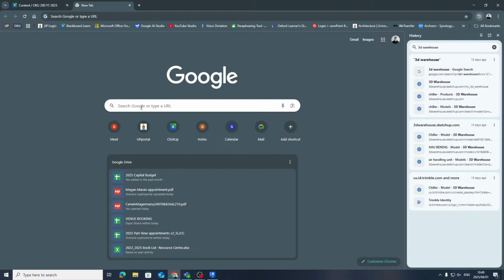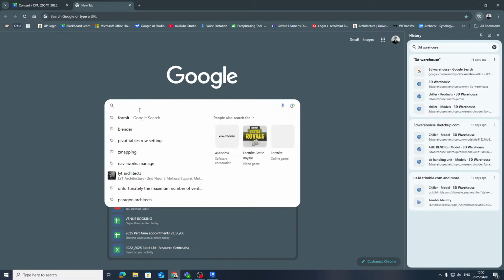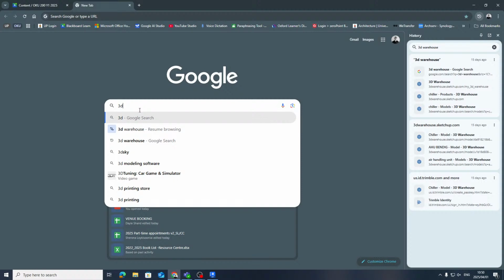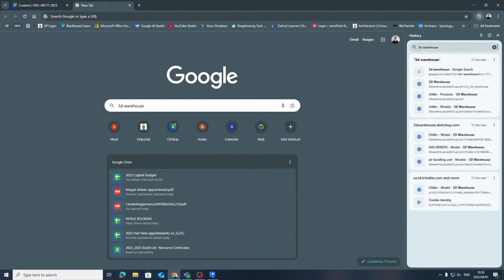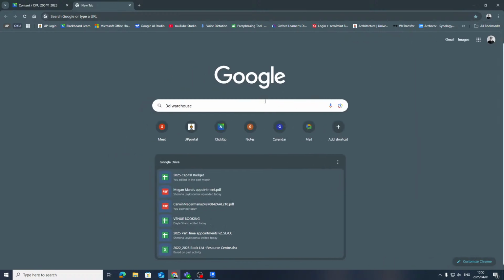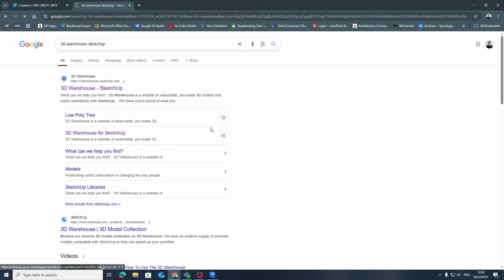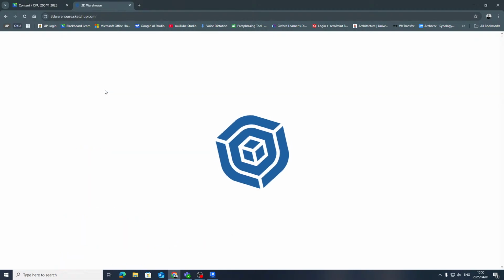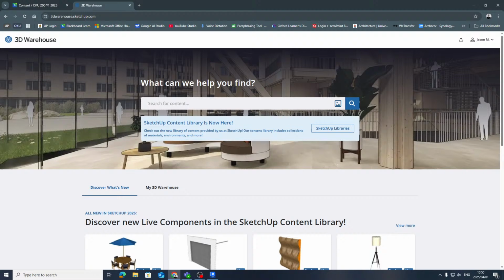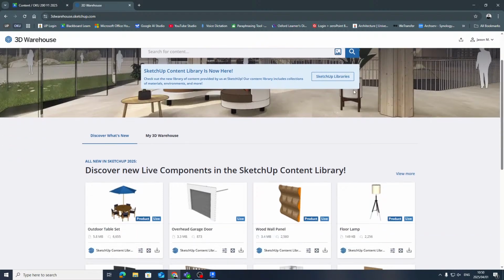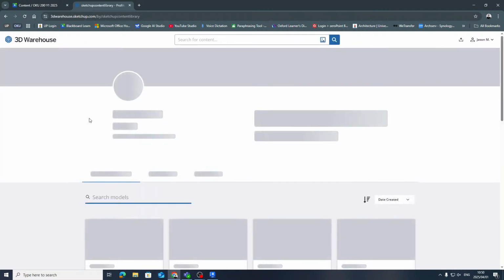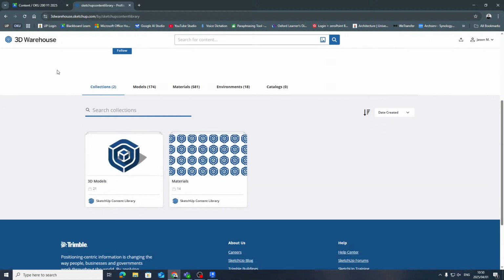Now, I like to show people this workflow because I think it's important to understand. So if we go to 3D Warehouse, for example, now to model a chair in Revit, I'll show you what's very nice about this collection and why Formit was a great tool to transfer this information into Revit. I just want to go and show you SketchUp libraries because this is quite neat. A lot of manufacturers are now making